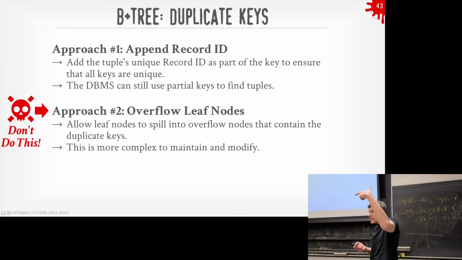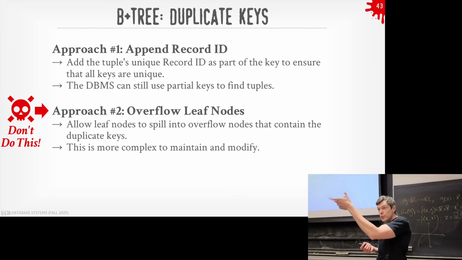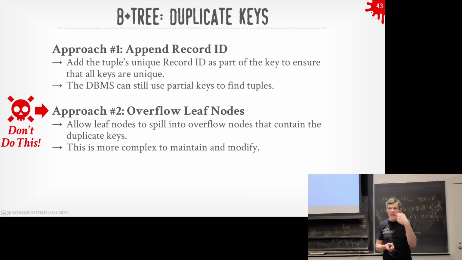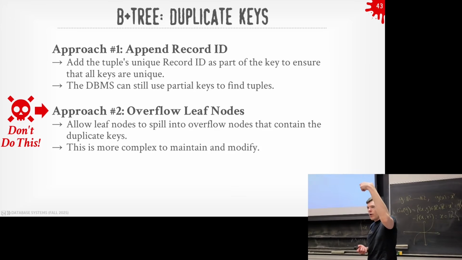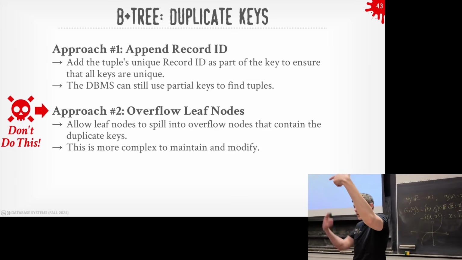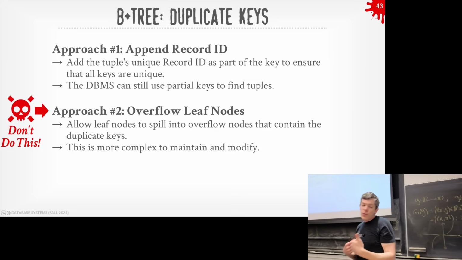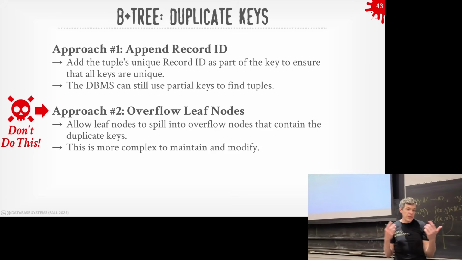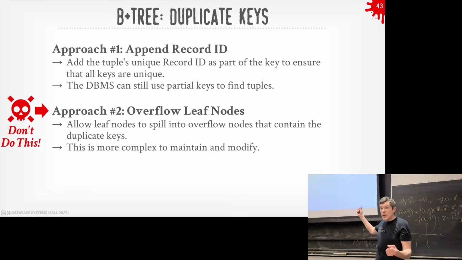Remember, the record ID is like a page number and an offset. It's guaranteed to be physically unique for every single physical value. So even though I'm going to declare my index on the zip code, I'm also going to store the record ID along with the key, and it's hidden from you as the end user. You can't see it through SQL. And the reason why B+Trees are going to work for this is because we can do that prefix scan.